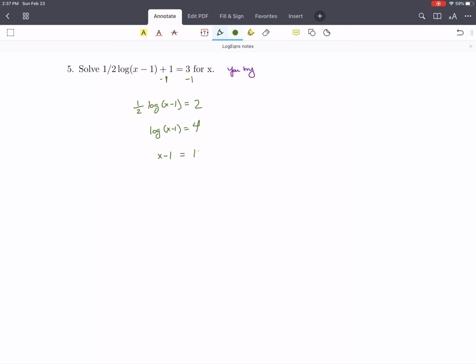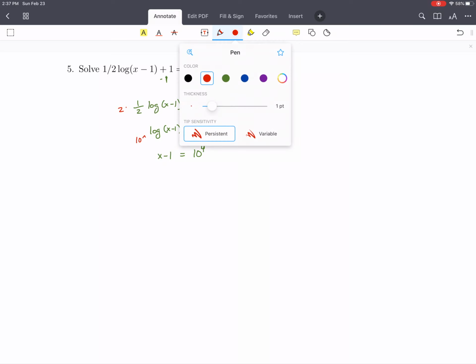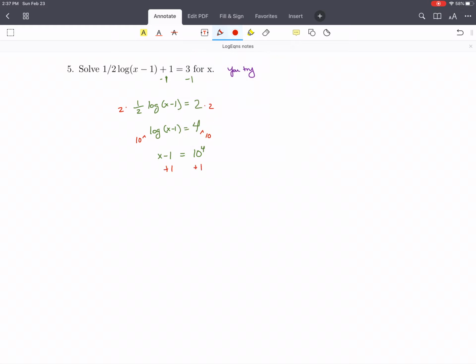So I would do 10 to the power on both sides. And so I get x minus 1 is 10 to the 4. And then I would add 1 to both sides of the equation. So I get x is, what is 10 to the 4? 10,000 plus 1. So 10,001